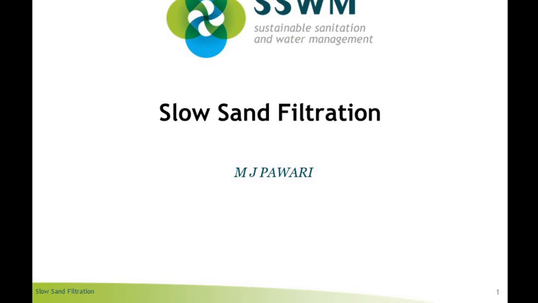So the fine sand removes the maximum impurities from the water, but the process is long and slow. That is one thing in case of the slow sand filter and the filter media of sand. These are the different components of the slow sand filter, and also some appurtenances are required, like a vertical air pipe and other different pipes which are required for the collection and cleaning of the filter. So this is all about the slow sand filter.